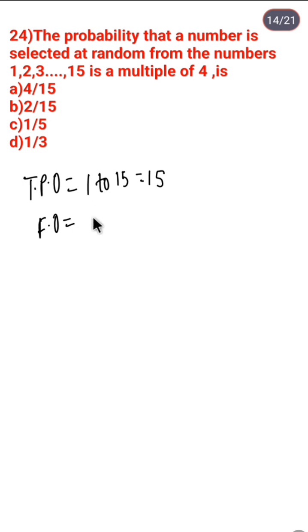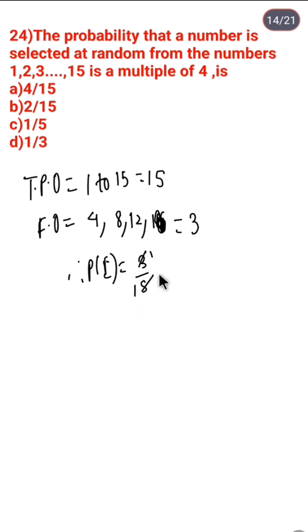What is a multiple of 4? Means, in the table of 4, what did we do? 1 4s are 4, 2 4s are 8, 12, 16. Okay, only 3 numbers will be there because 16 is greater than 15. So how many numbers are there? 3 numbers are there. Therefore the probability is 3/15. 3 1s are 3, 3 5s are 15, that is 1/5. Option C. Next question is